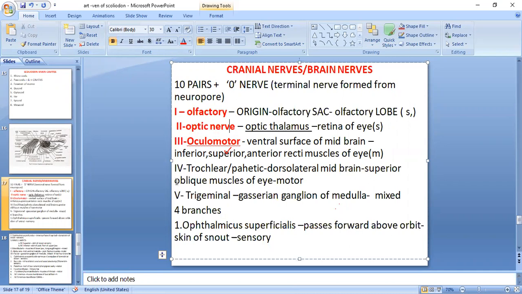Okay, so then the fourth nerve is known as trochlear or pathetic nerve. Okay, so 1 pair. So they are originated in the dorsolateral part of the midbrain. Okay, so